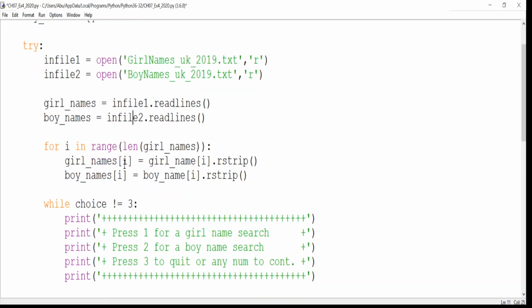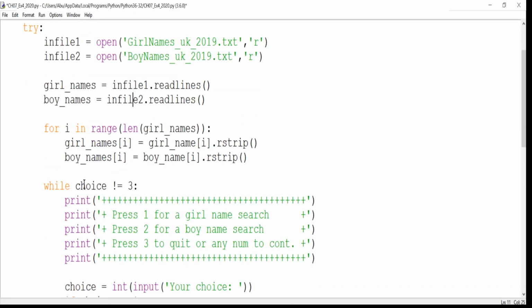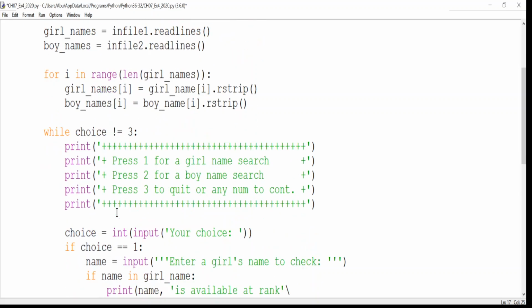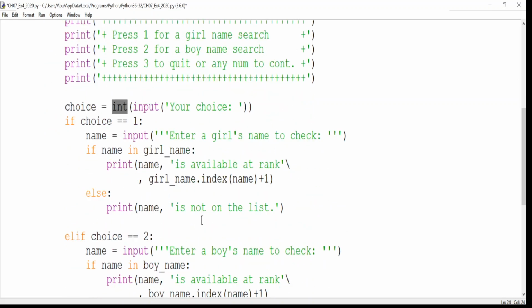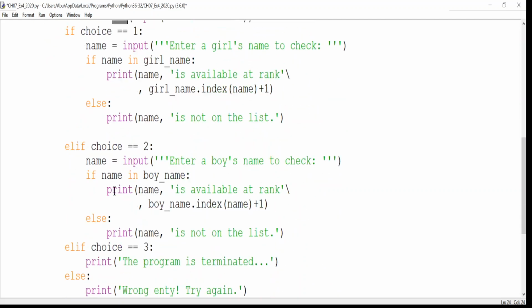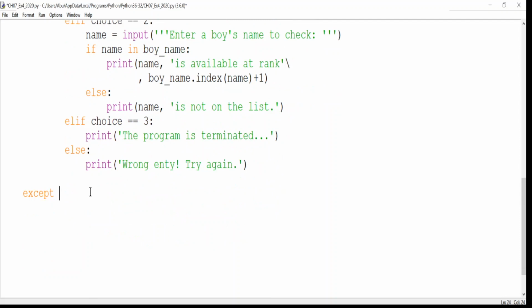The use of some names, maybe name error, it could be an exception. Also value error here, the choice, because we are entering a value from the user from the keyboard and it may not be an integer, so value error. Some other exception here? I don't think so, because we are just looking into the list, not array, sorry, so index error I think is not available. So let's do this: file not found